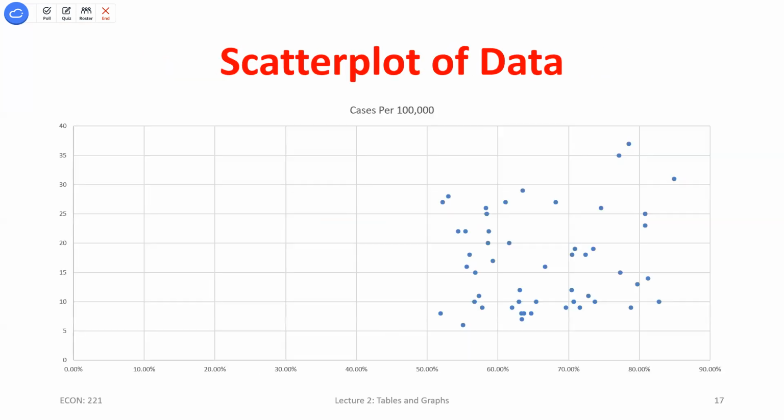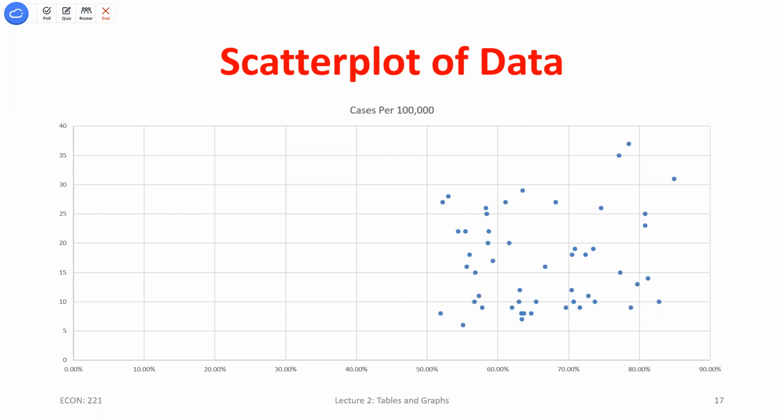So here's another one. I think I'll create this one. This is the data that I have in Excel, so we'll create this in just a second. I had this laying around. I'm kind of over the COVID stuff, but I know it still exists. So I talked about it a little bit. But I believe my X-axis variable was the percent of, I think I had state level data. It looks like there's about 50 observations here. The percent of that state that was vaccinated, and then the number of, I believe this was cases per 100,000 people. So if I'm trying to draw a line that best fits this data, I don't know.